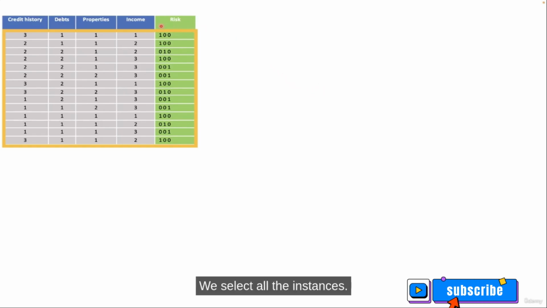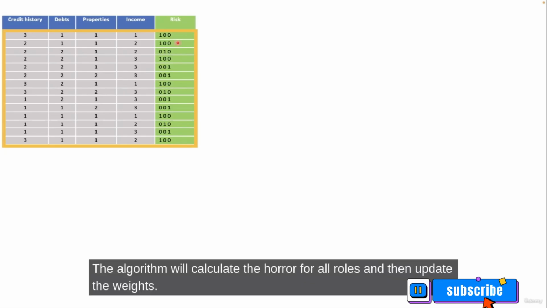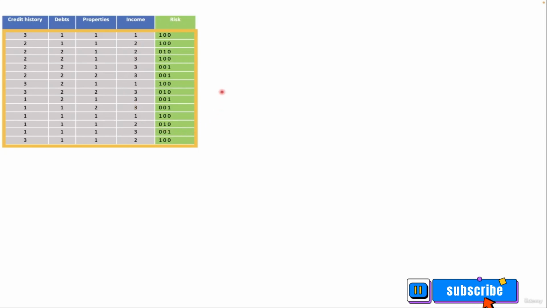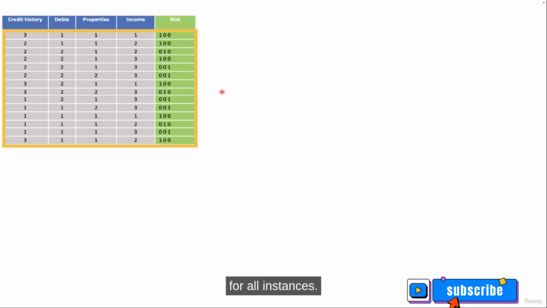We select all the instances, as you can see here, and send them to the neural network. The algorithm will calculate the error for all rows and then update the weights. In other words, the adjustment of the weights is performed at the end, after calculating the error for all instances.